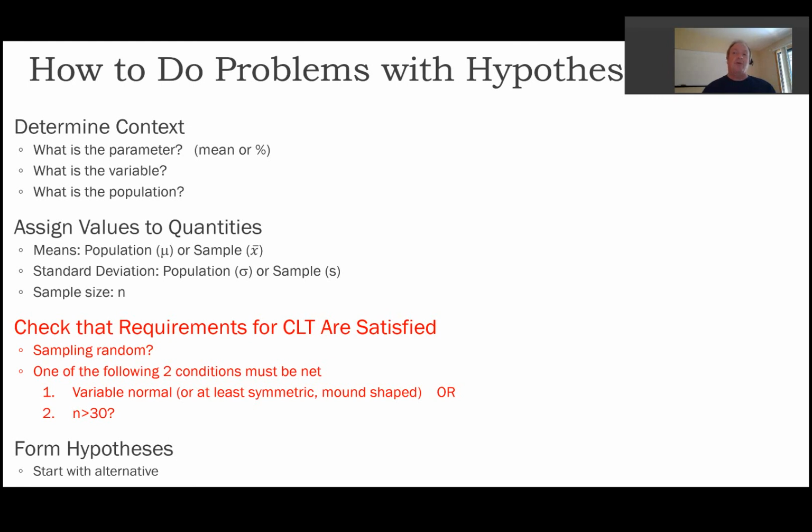And again, the hardest part's going to be when they're asking you to test a claim. All right? And when the claim is equals to, that's easy because the alternative is always not equals. When it's an inequality, it's harder. And the best way to determine unequivocally is to look at the sample mean. And the sample mean has to be evidence in favor of the alternative. So if you're testing to see if the population mean is less than 16, your sample mean better be less than 16. If you run a one-tailed hypothesis test, either testing if it's greater or less than,